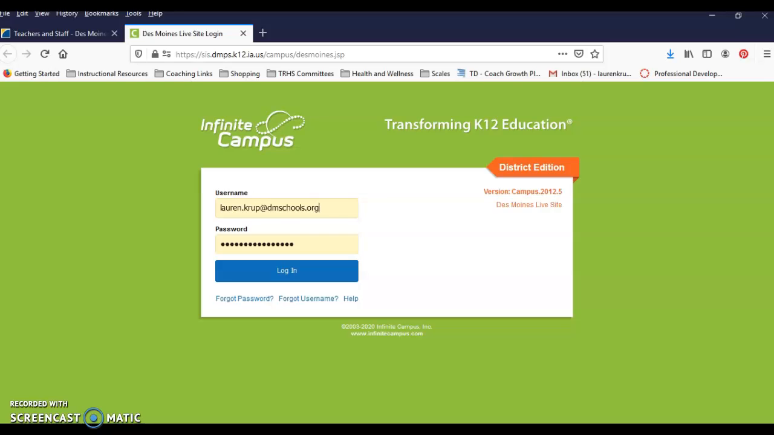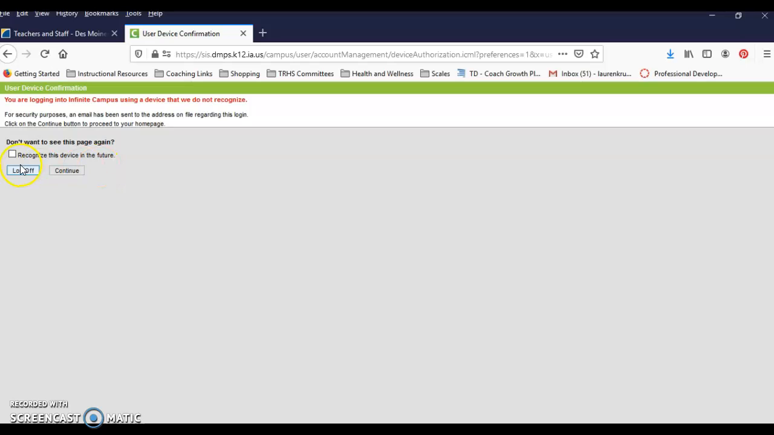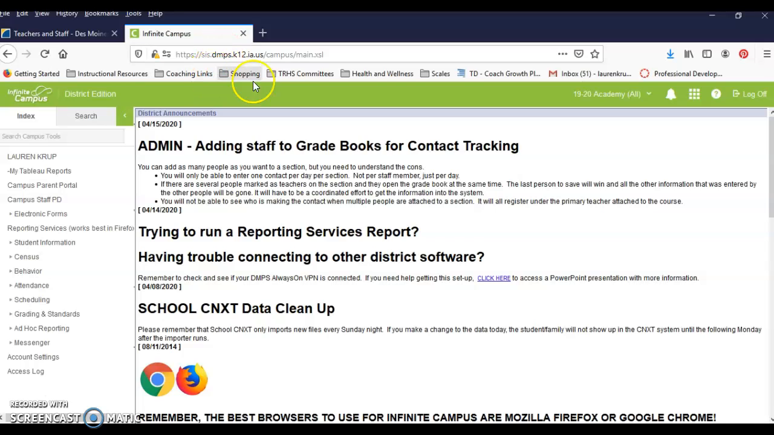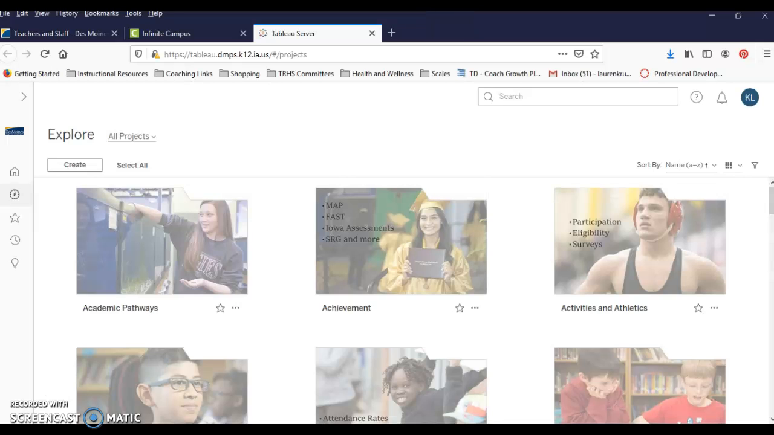In order to get to Tableau, you will need to go to Infinite Campus and log in. So then you're going to come over here to the side once Infinite Campus has been pulled up, and you're going to go to My Tableau Reports. Once you get to My Tableau Reports,